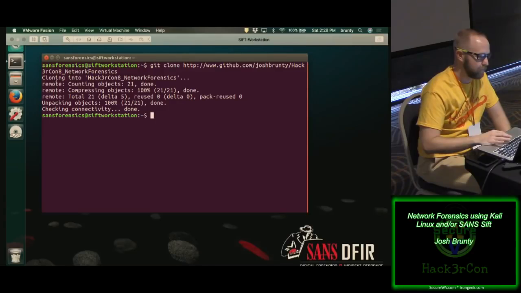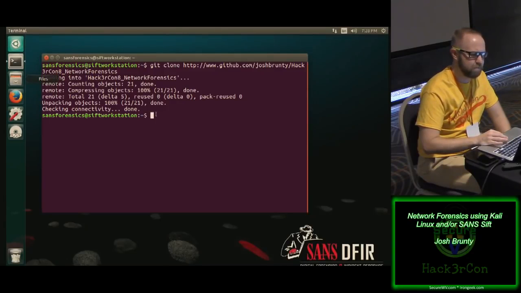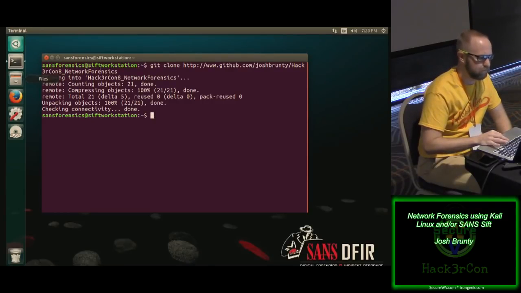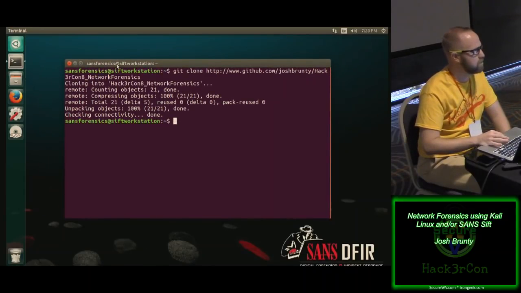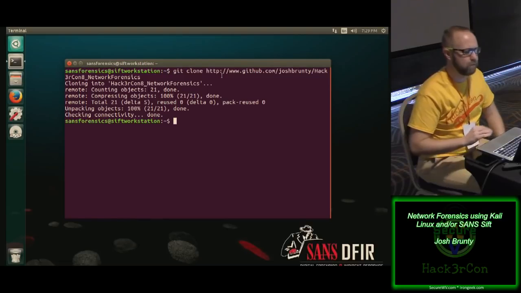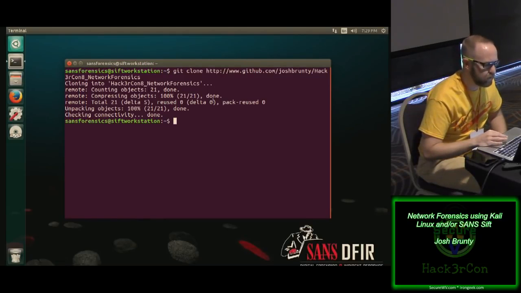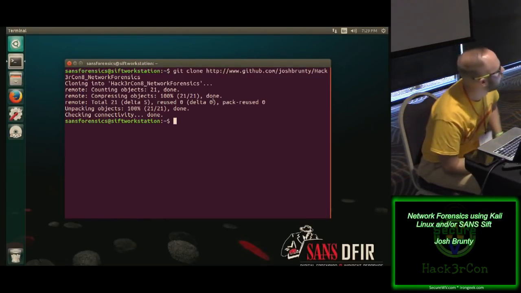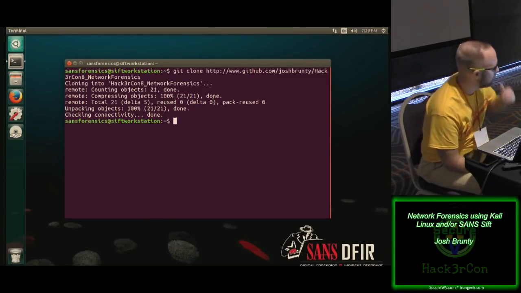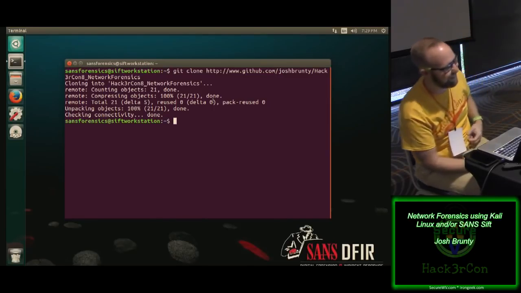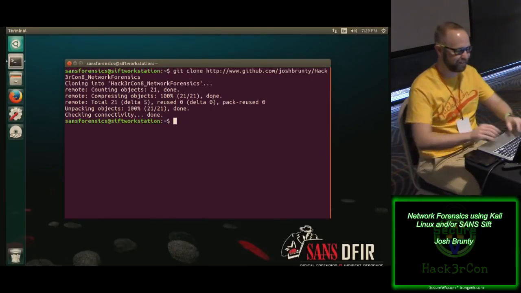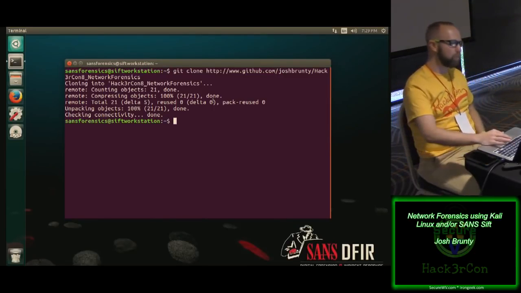It's asking for a username. Is it asking for a username? Is it asking all of you guys? You shouldn't. Are you doing HTTP or HTTPS? HTTP. Git clone. I spelled forensics wrong. Yeah, when it prompts you for a username, it's probably